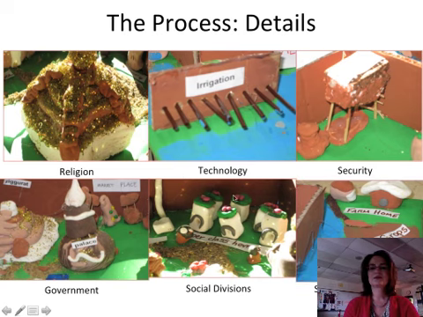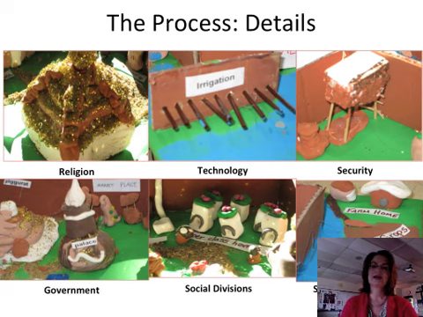And so for the students, when asked, they could tell you that this ziggurat represented religion, irrigation was a form of technology, the walls and the watchtowers were their security, the palace was a symbol of their government, right next to the ziggurat, because they believed that the gods appointed their king. And the social divisions, the houses were different sizes and in different locations because of social divisions. And then the stable food supply represented by the crops and the farms.